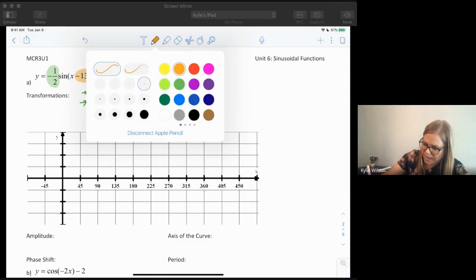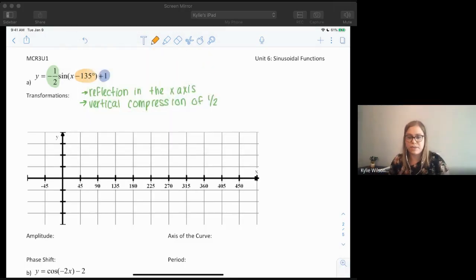Then we have our D value, and for D, that would be our phase shift, what we used to call a horizontal shift. So in this case, I'm going to say phase shift